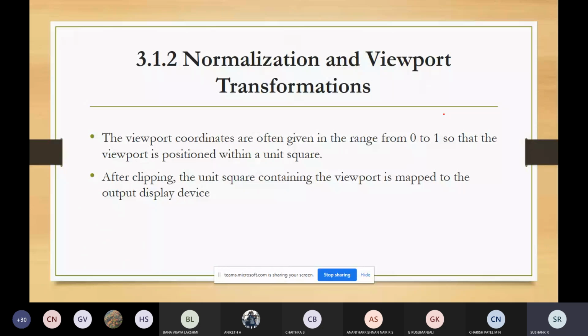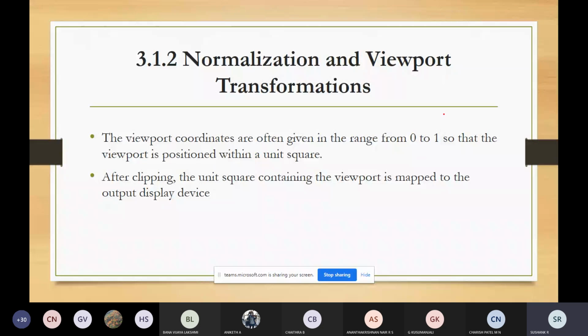Now we'll talk about that. The viewport coordinates are often given in the range from 0 to 1 so that the viewport is positioned within the unit square. So you want to position the viewport within the unit square.